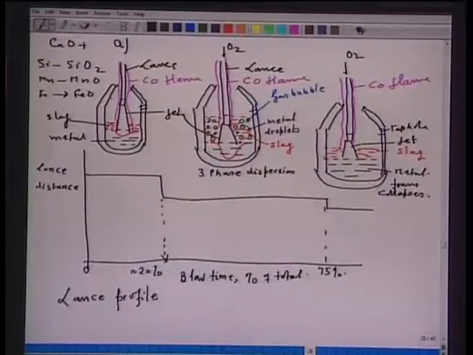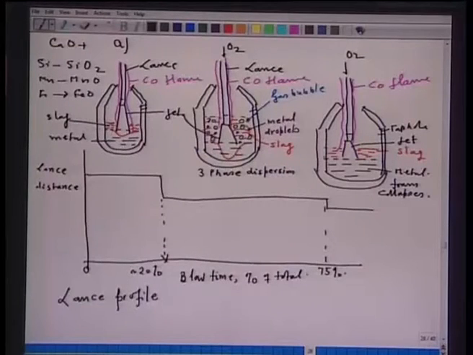So, that is what figure A, which is superimposed on the higher lance distance side, shows: the physico-chemical interaction between jet and the bath is a little bit oxidizing in nature. That means the depth of penetration is low, some amount of metal droplets are generated, and the slag is formed as I have shown in the red line. Here the slag will form, this is the metal, and as we blow oxygen, some amount of carbon also begins to oxidize to carbon monoxide, but at a very low rate.